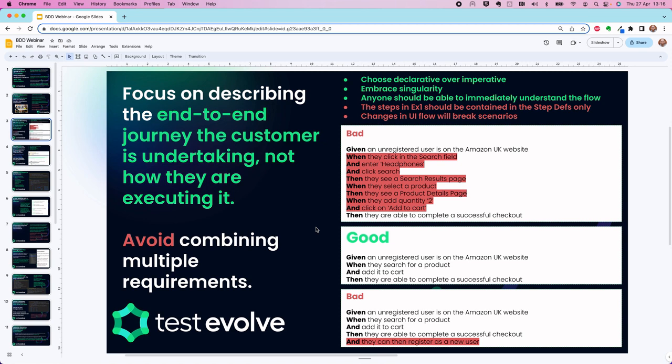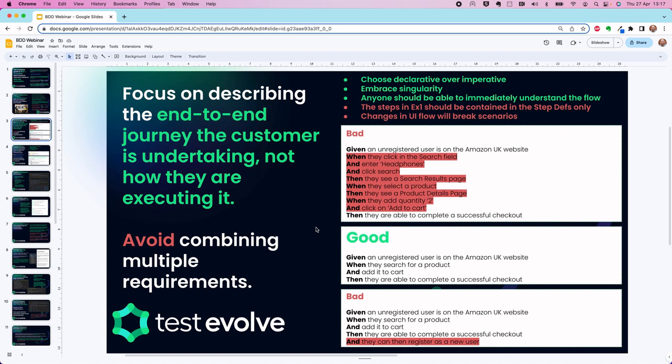All right, so this shows you very clearly the difference between declarative, which was the good example, the kind of user flow based, versus imperative, which is, you know, narrating every single thing that user's doing, everything they're clicking on, every bit of text that they're entering. Okay, and really the worst thing about that is that when you add all these extra steps, you start to lose the immediacy of that scenario. You can no longer look at that and understand, you know, in an instant what's being done there,